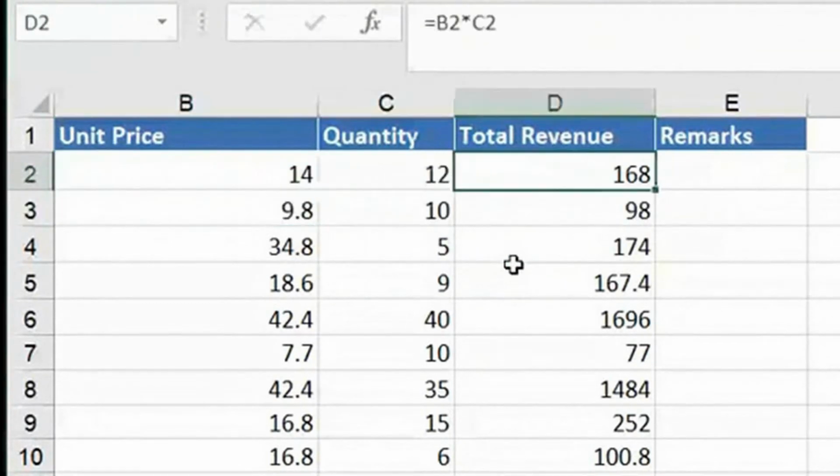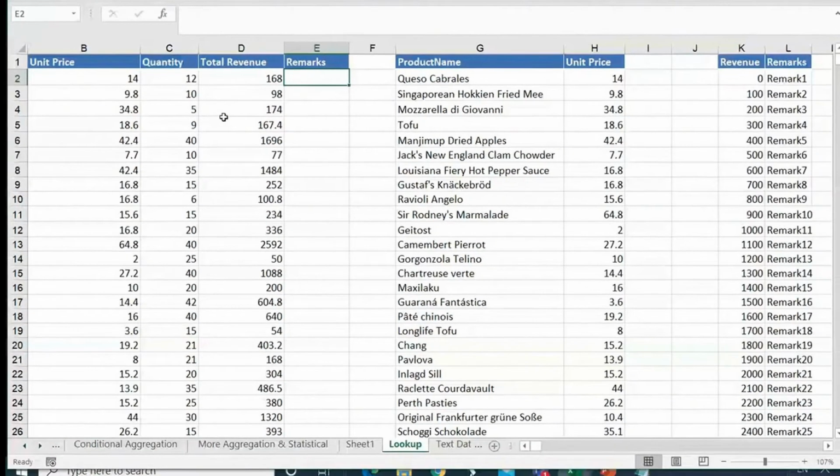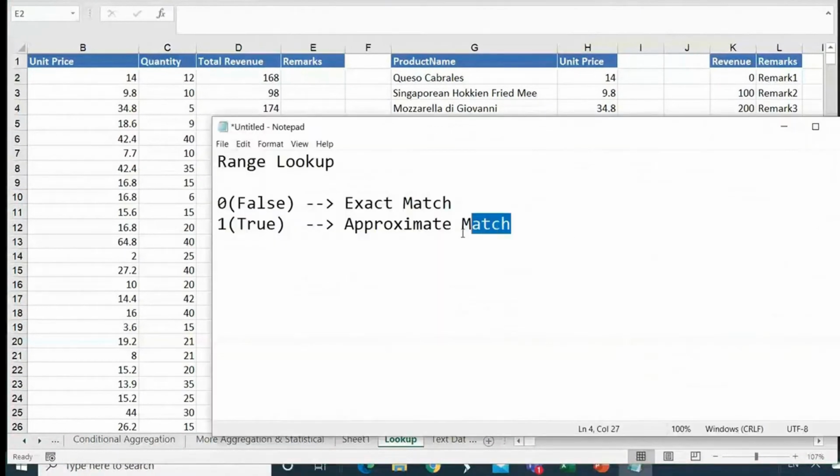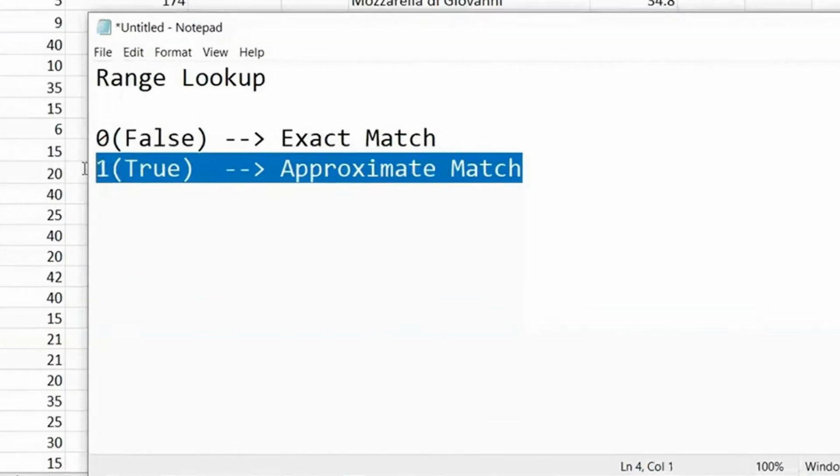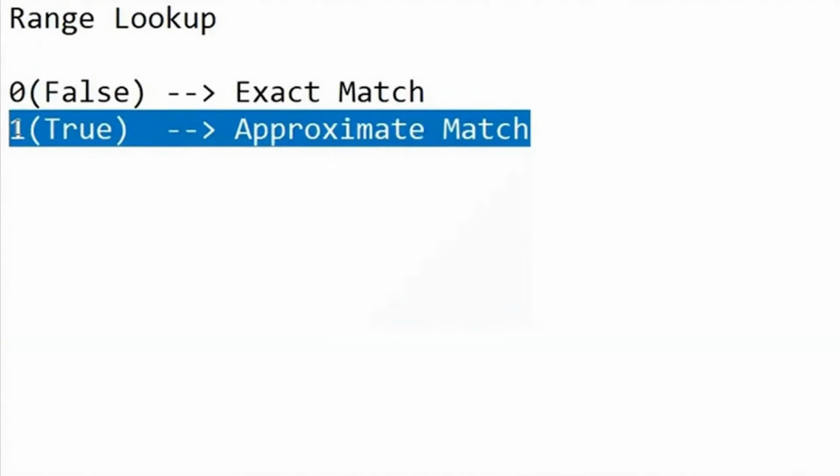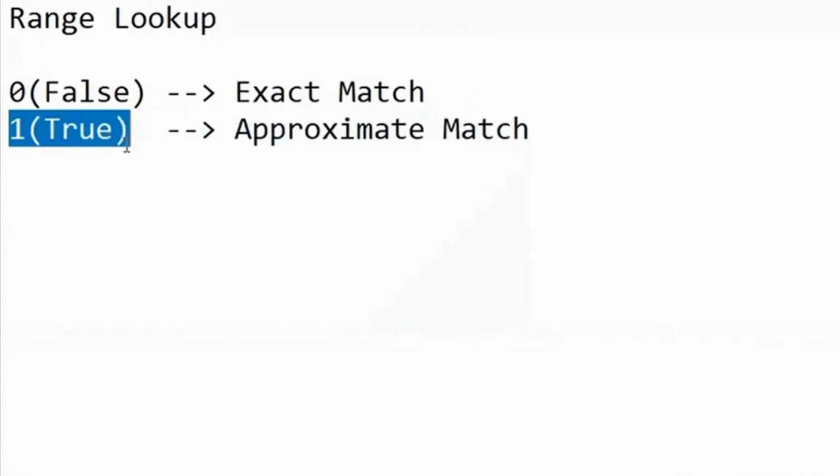But in Excel, apart from exact, you can also go with approximate, and you do that by changing the last argument to TRUE or 1. Now remember, in VLOOKUP, approximate doesn't mean that if you search for apples, it brings dried apples. No, it's not that.